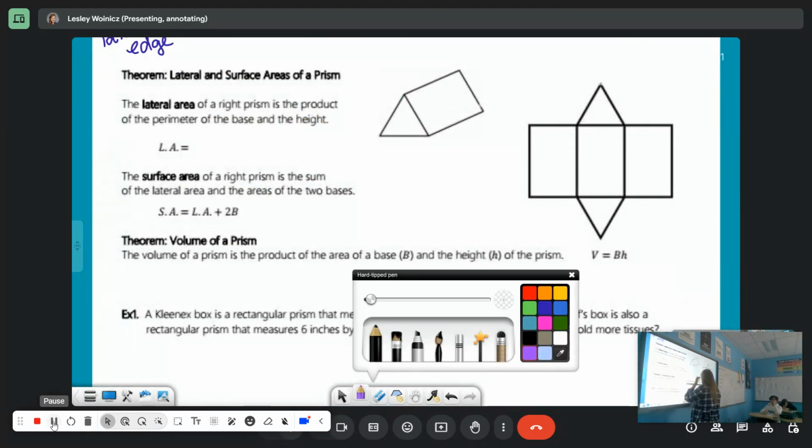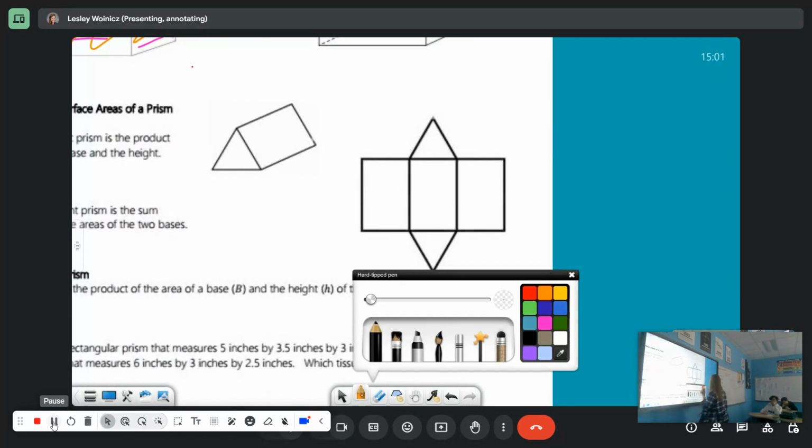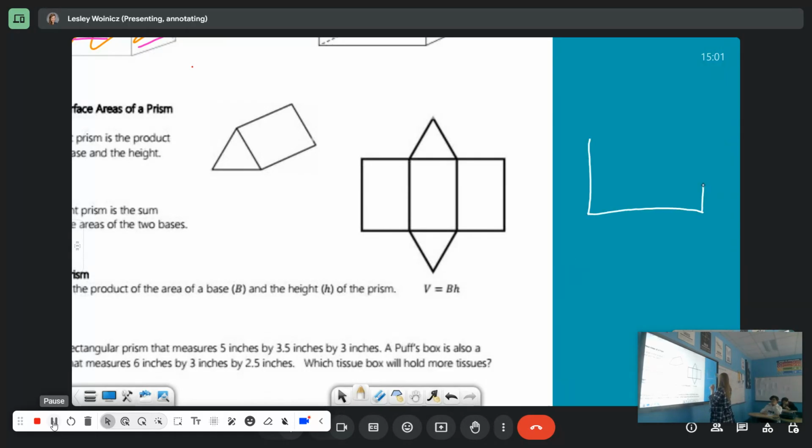All right, let's talk about surface area. Recall that for a cylinder, when we had our net, this dimension was the height of our cylinder. And then this little dimension wraps around my circle, so it's actually the circumference. So this is our C, which was 2 pi r. You can see something very similar is about to happen here. So if we're looking at the surface area for a prism,